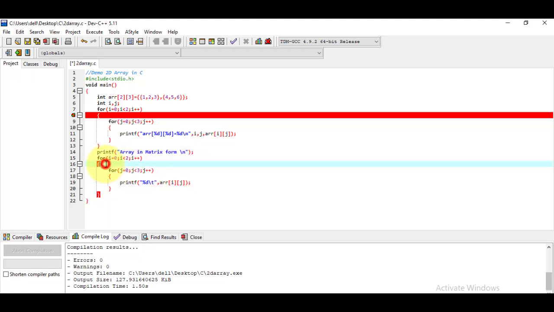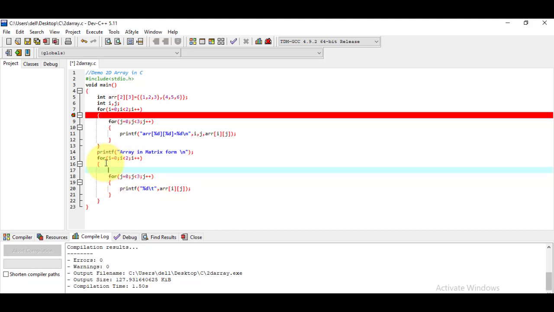And one more line I am writing here. After this I have to use one printf function to display a new row, so here I'm using backslash n and put the semicolon.